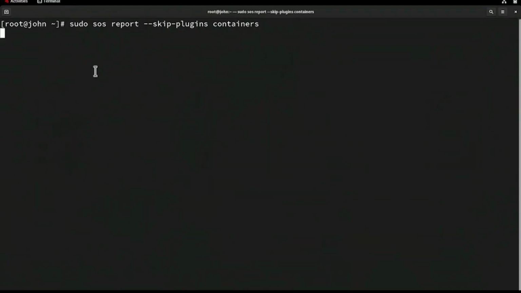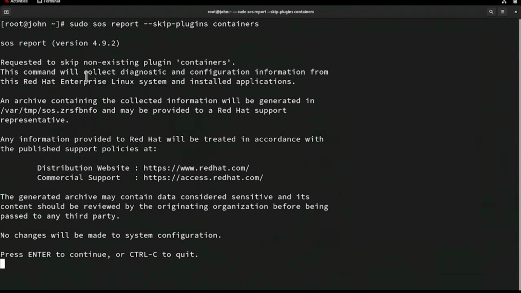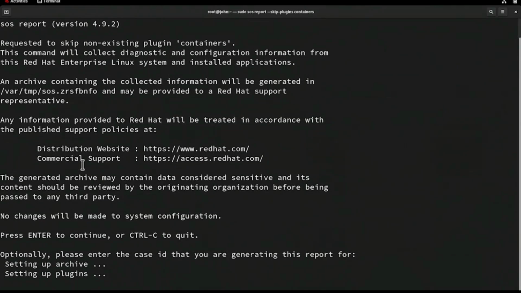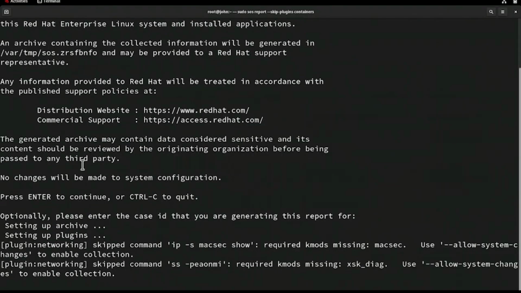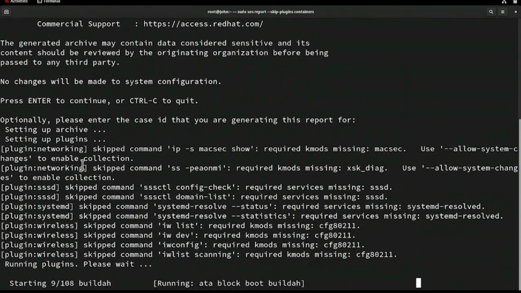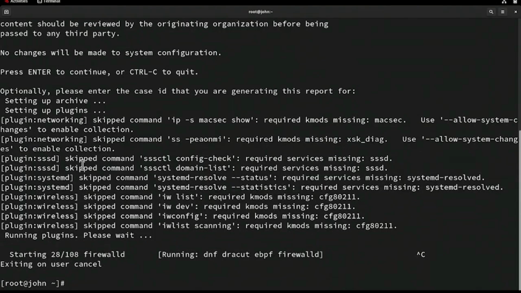Then press enter. You'll be prompted to press enter to continue or Control-C to cancel. Press enter to proceed. During report generation, you'll see messages like setting up archive and setting up plugins. This means the process is underway. Since we use the skip flag for the containers plugin, data related to containers will be excluded from this report. If you don't want to wait for the full report, you can press Control-C anytime to cancel. And that concludes our demonstration on generating an SOS report to collect detailed system support information in Red Hat Enterprise